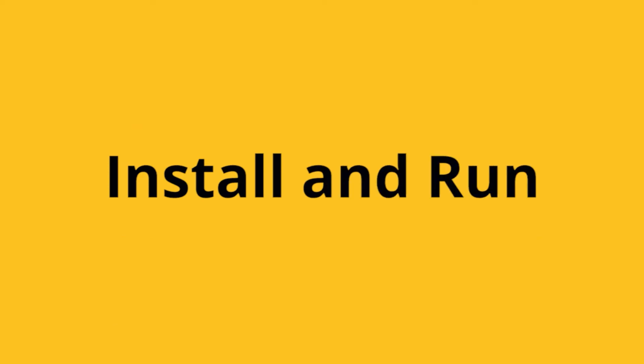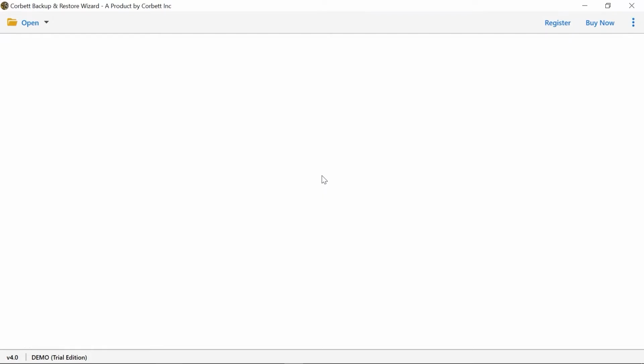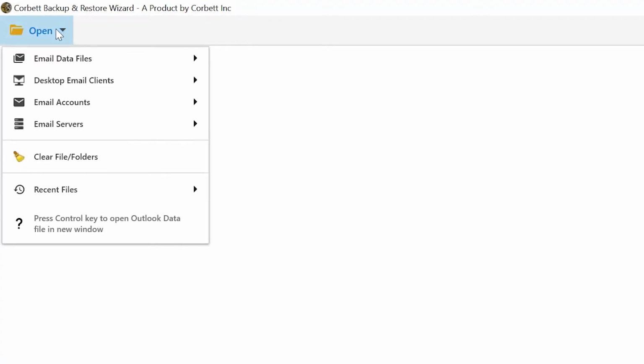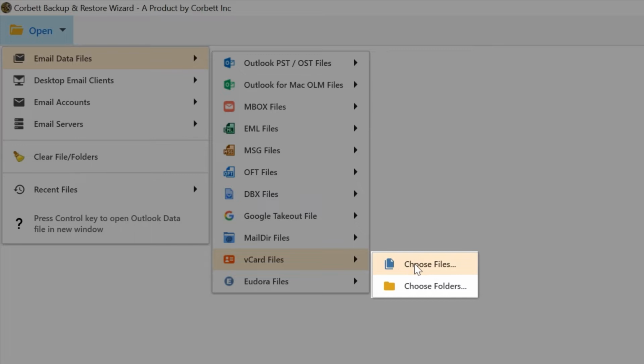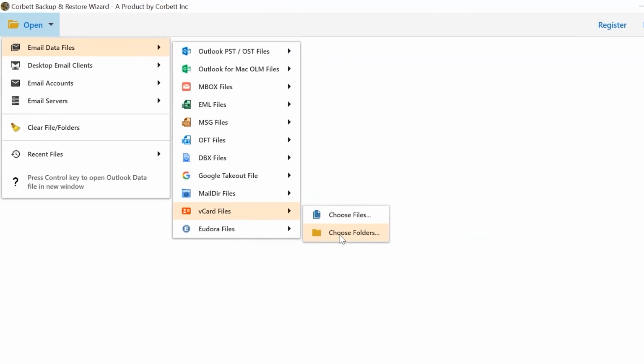Let's install and run the tool. Simple and user-friendly UI is a major feature of this standalone tool. Click on the Open tab and choose the drop-down option. Select Email Data Files. Now select the vCard Files option, then select Choose Folders or Choose Files option to browse your